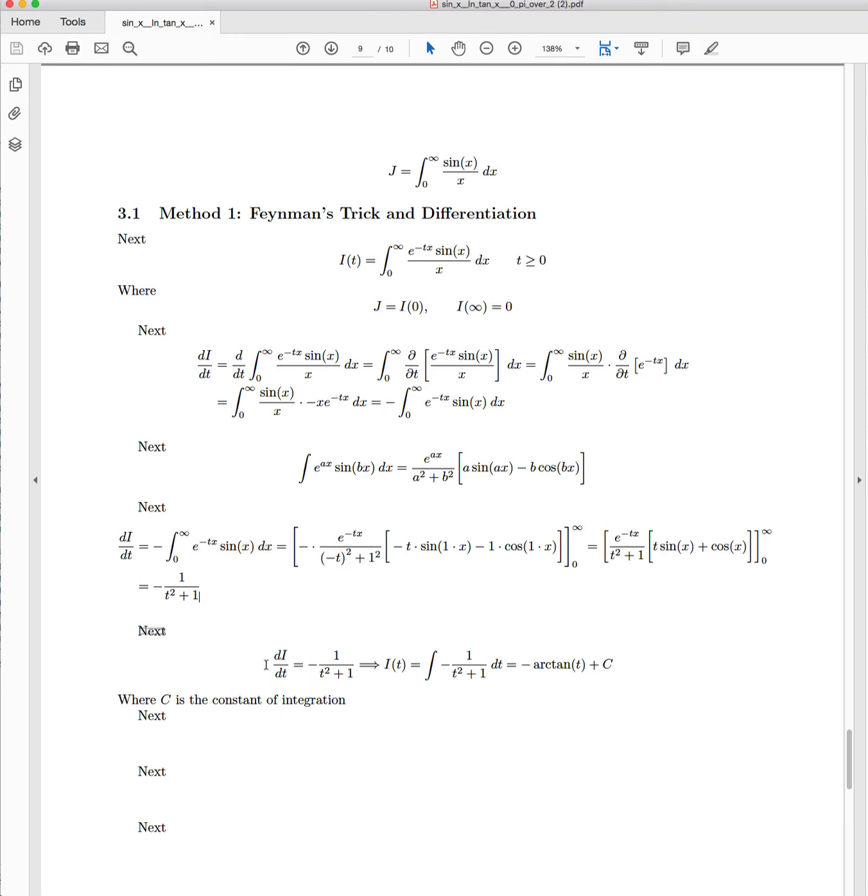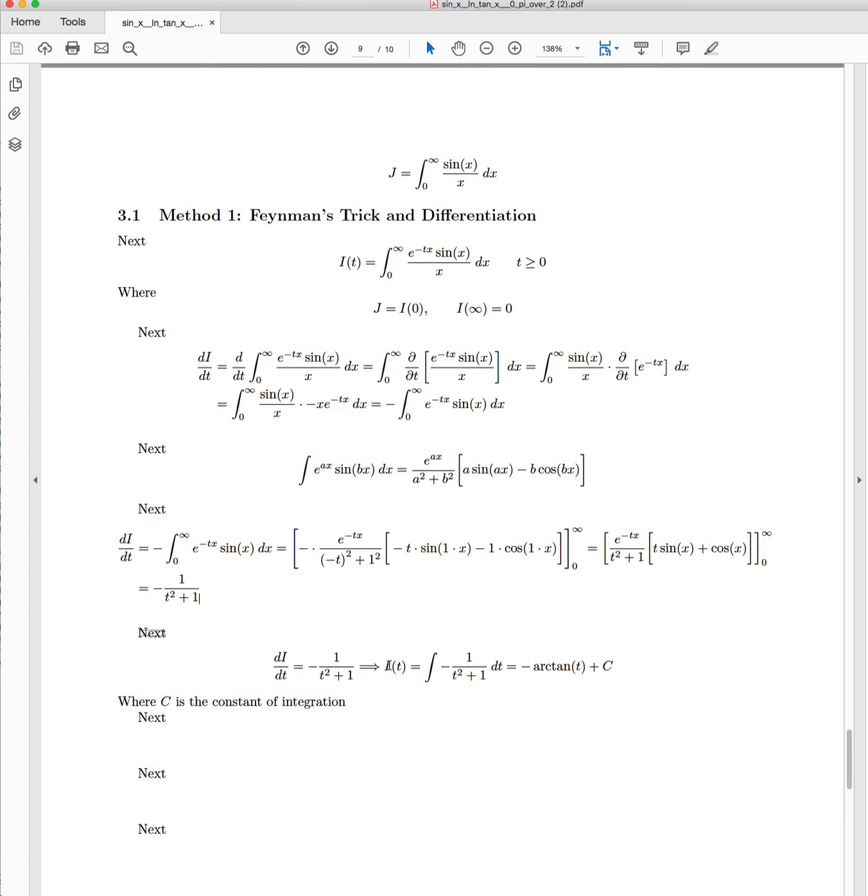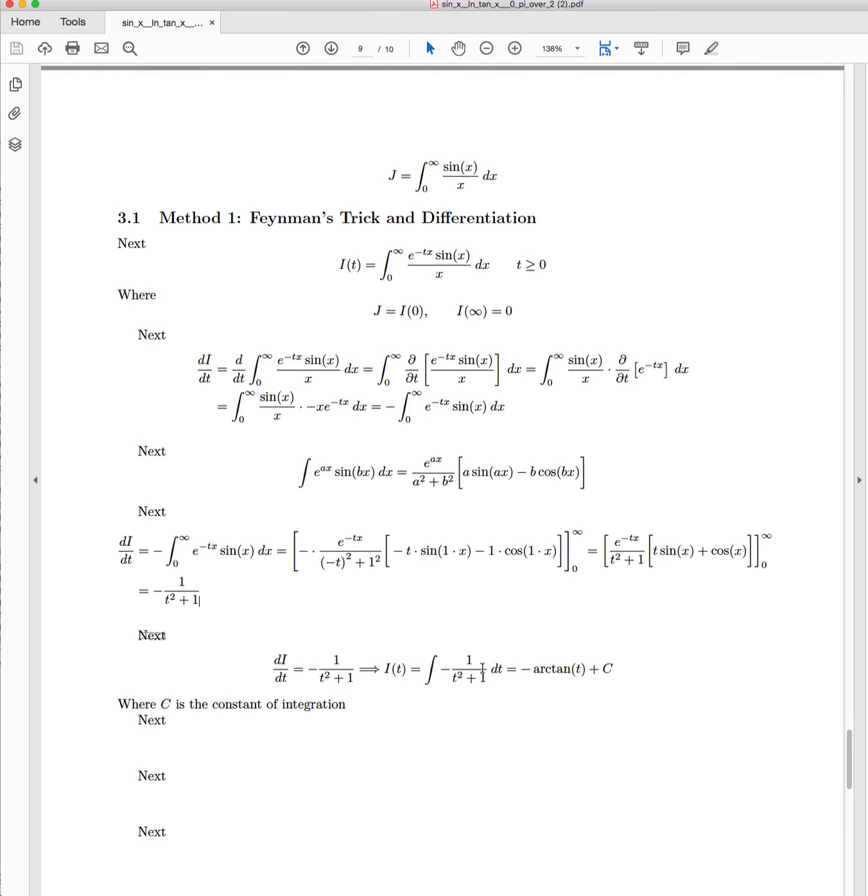So that's what we're going to do. So dI/dt is equal to negative 1 over t squared plus 1, which means I of t is just equal to the indefinite integral of that. I'm assuming that people know how to do this. This is a very simple integral to do. If you would like to see a video on how to evaluate this, please let me know and I will do that. But basically, if you're unsure, just let t equal tan theta, and this comes out very easily. Anyway, the result becomes negative arctan of t plus c, where c is the constant of integration,